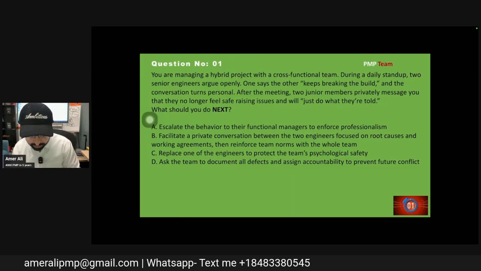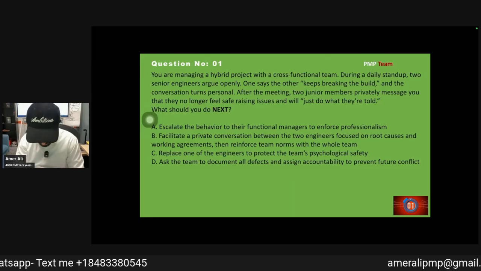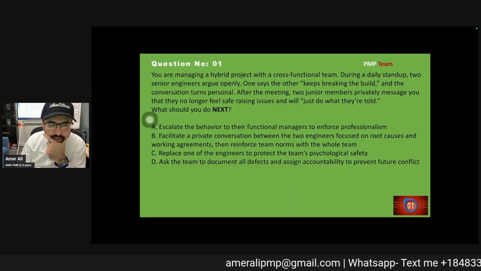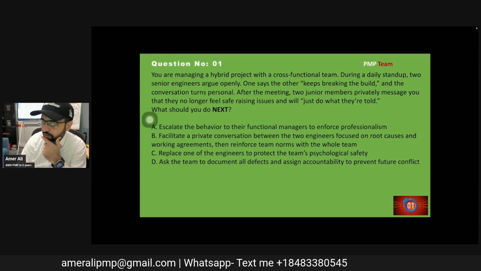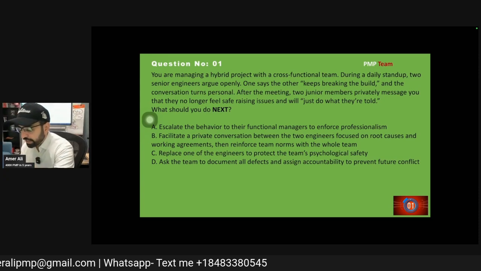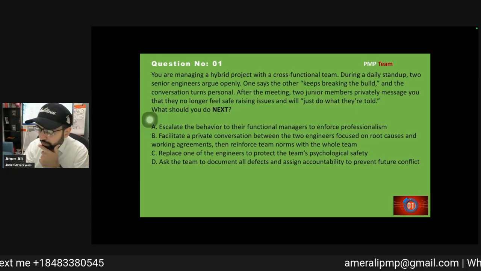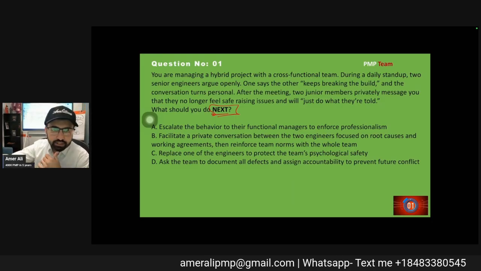Put your elimination technique to use and justify why this is the right answer. In these question answers, I have highlighted a keyword for you guys. Normally it will not happen when the question says, what is the next thing you should do?